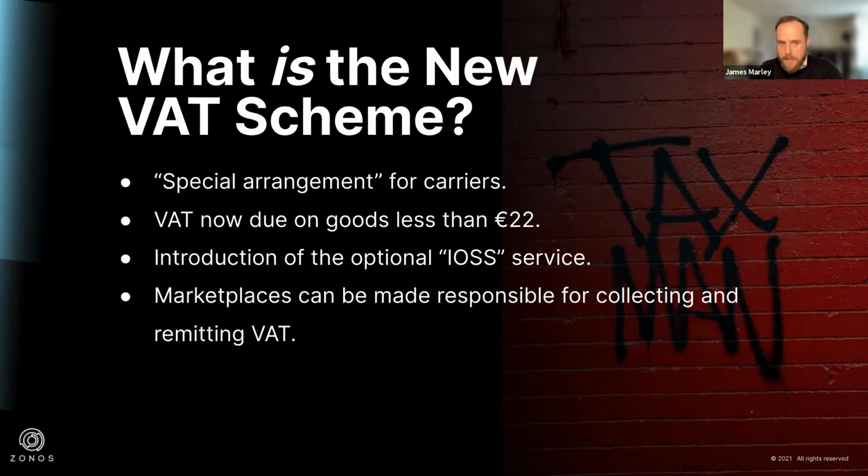And we'll go into those a little bit more later on. Okay, so VAT is now due on shipments that are 22 euro and less. The new rules apply to every shipment, and every shipment is going to undergo individual clearance due to the change